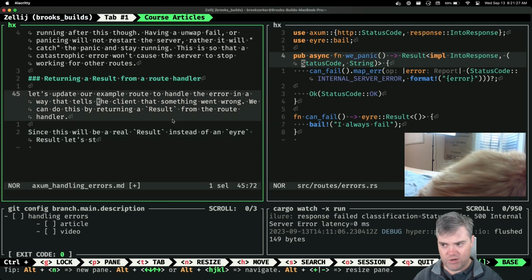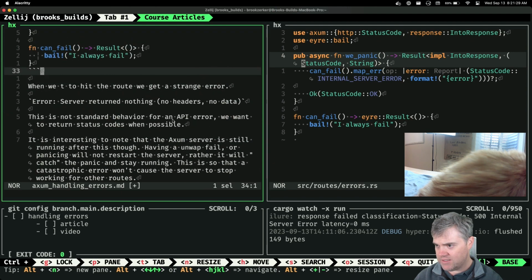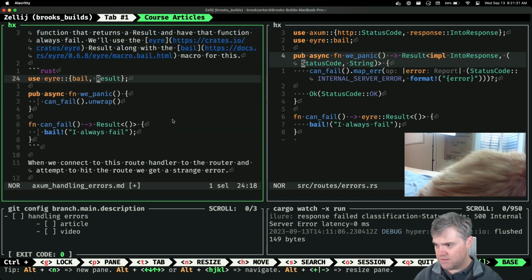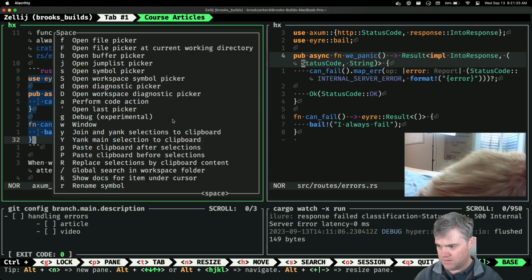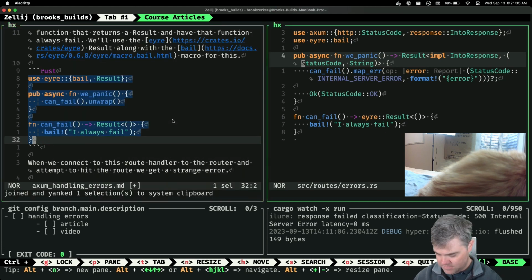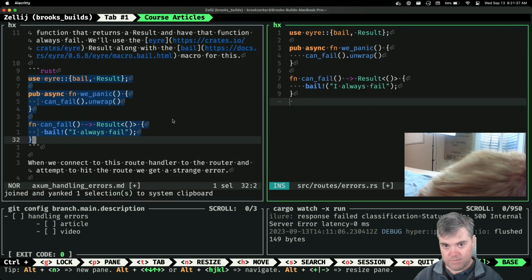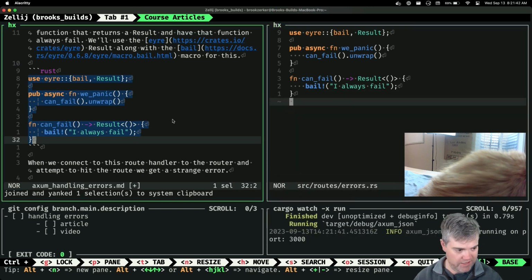Okay, I kind of want to go back to what I had with this. Okay, I'm going to go with this, and I'm going to set this up for us one by one.